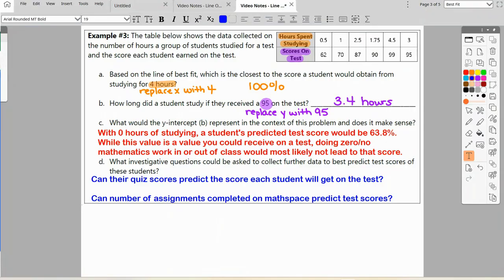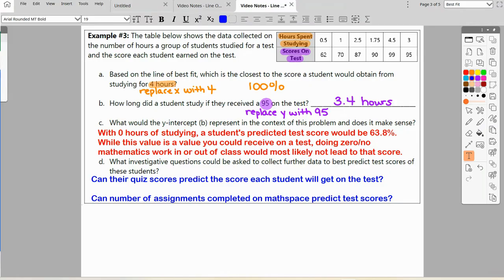And I'm going to say this. While this value is a value you could receive on the test, 63.8 is a viable score for a test, doing zero or no mathematics work and studying in and out of class would probably not get you a 63.8 passing score on a test. But again, possible in the range,